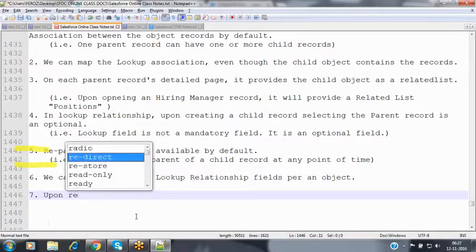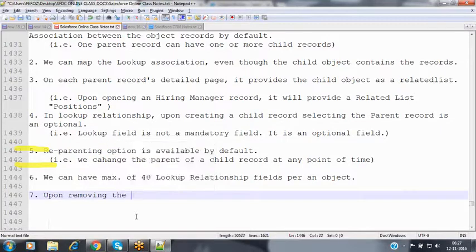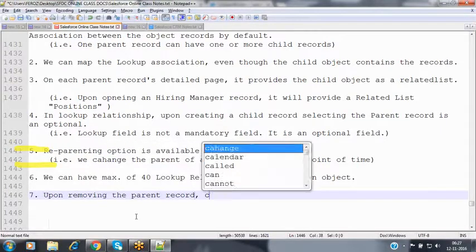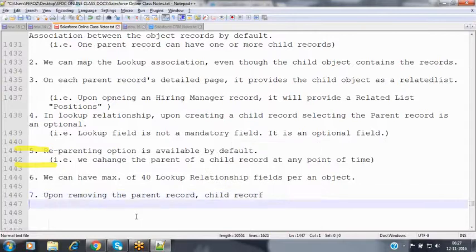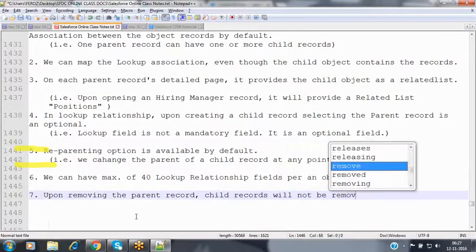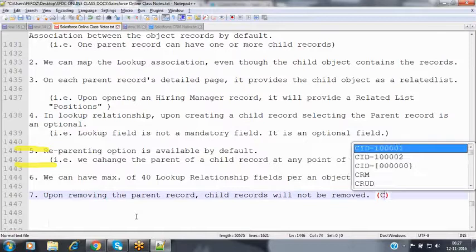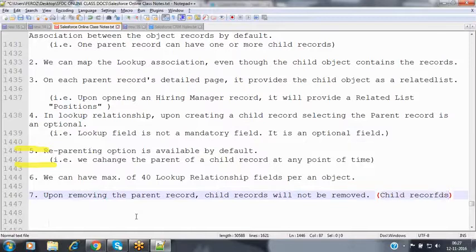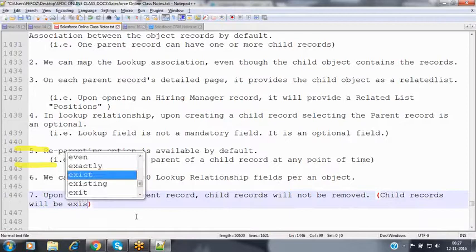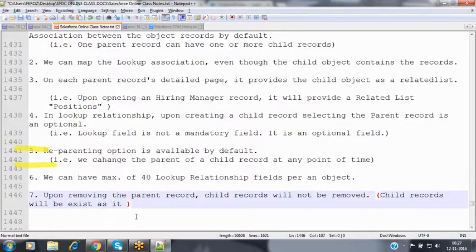Upon removing the parent record, child records will not be removed. Child records will exist as they are.